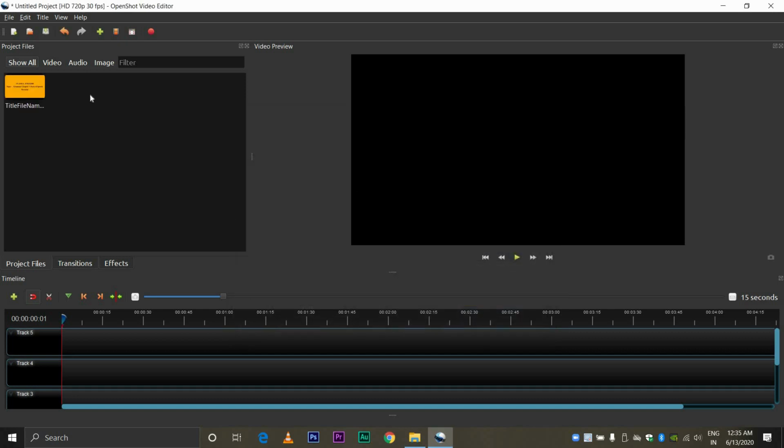Once I have clicked save, you will see there is a file out here in the project files. To explain in a simple way, this is like the bag in which you have things for you to construct something. Here is the area that you will be constructing, and once you are done with the construction, this is the area where you can see what you have constructed. So now one thing that I required for making the video was a title. Done, that is there with me here.